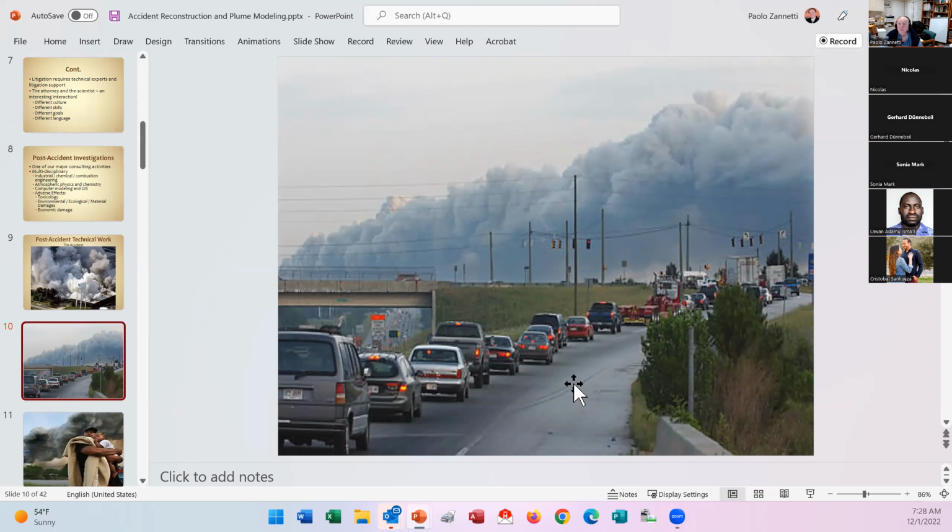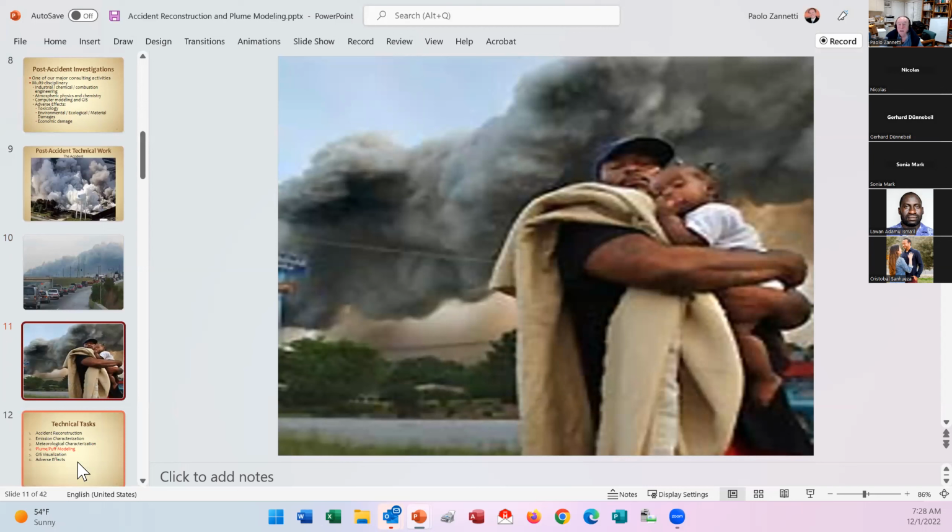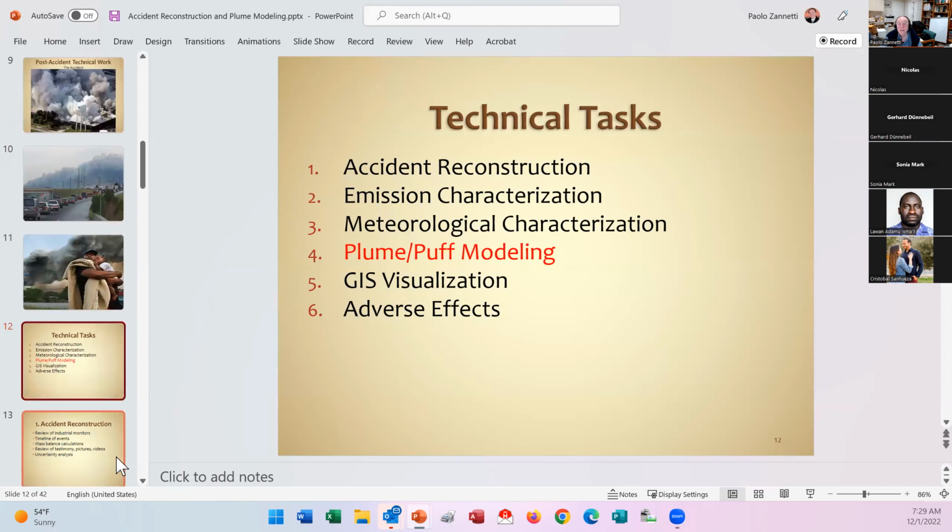So people are scared. They don't know what to do, and eventually they will sue. They will take legal action against the industry for fear, damage, property values, health, all sorts of activity. So the technical tasks that are required are